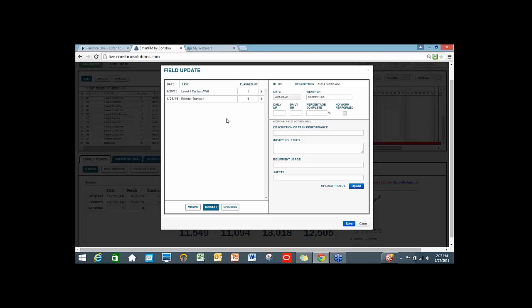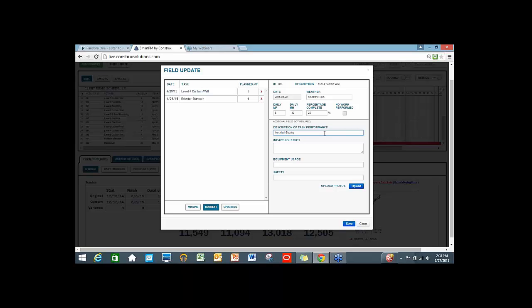What they're responsible to do at the end of the day is fill out their daily report. What do they fill out? Well, it varies, but for this particular activity, we're asking to track manpower. We're asking to track man-hours. We'll say that there's 5 people working on 40 total hours. Let's say that we've gotten to about 25% complete. We can list what did we do on this particular activity. We installed